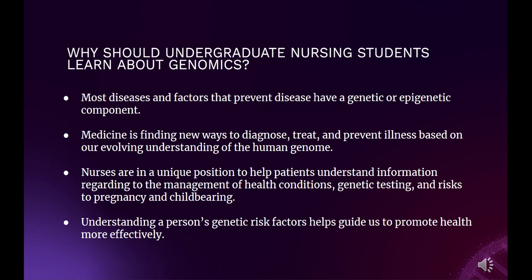Next, medicine is finding new ways to diagnose, treat, and prevent illness. This is what we call precision medicine, using the information that is in your individual genome to find methods of diagnosis, screening tests for genetic diseases, treatments like the CRISPR-Cas9 treatment that was approved for sickle cell anemia, and drugs that are based on your drug metabolism, and that can be tested as well on a genetic basis, and to prevent illness based on our evolving understanding of the human genome and how we can discover